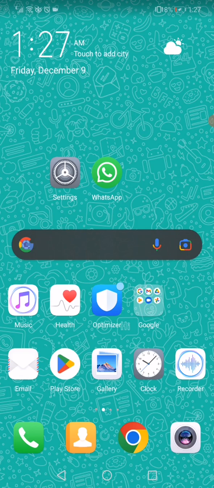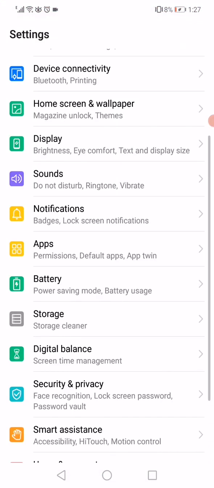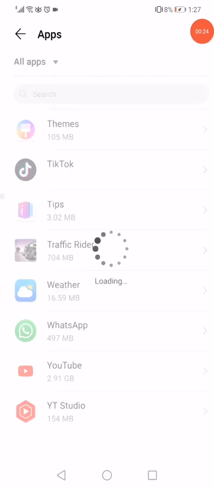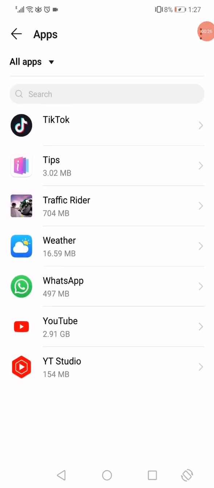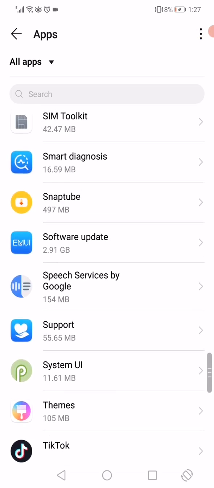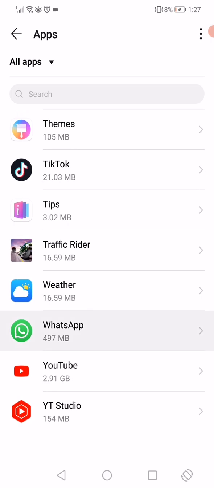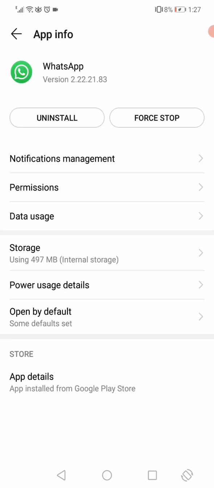not sending on WhatsApp. So the first thing you have to do is open the settings on your phone, go to the apps manager, and then go to the apps right here. On this page you will find all the apps that you have downloaded on your phone. Just scroll until you find WhatsApp, click on it, and then click here on force stop,